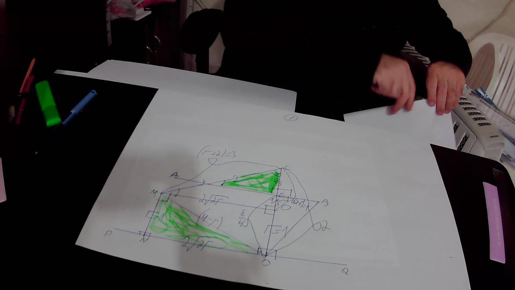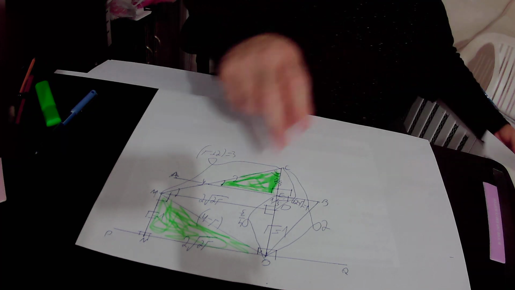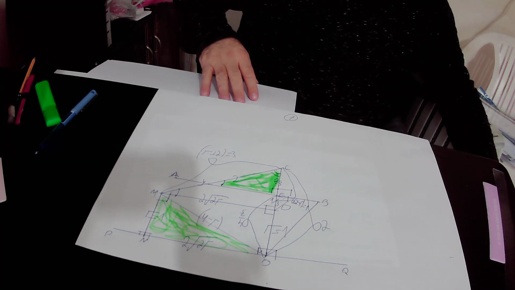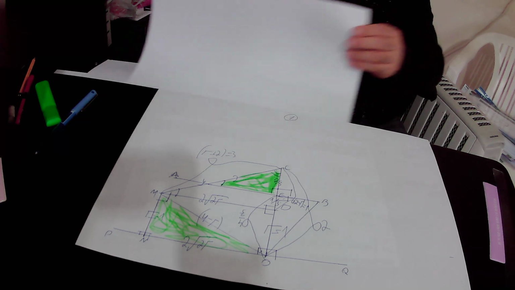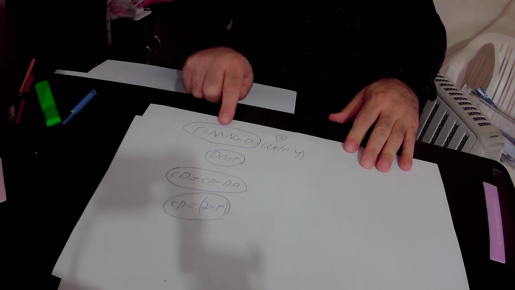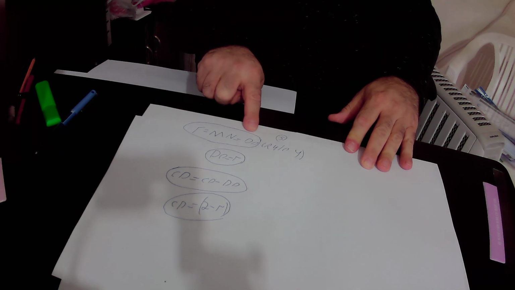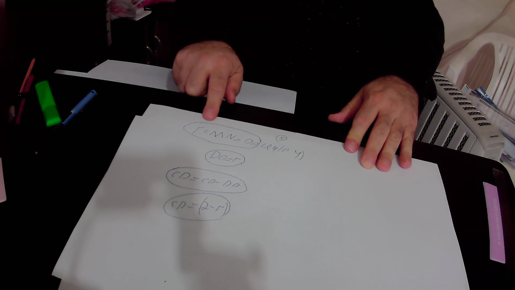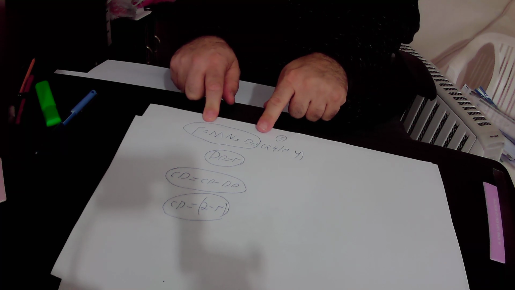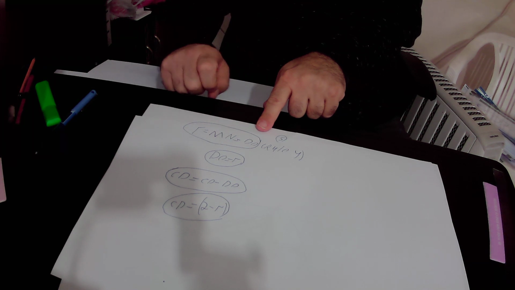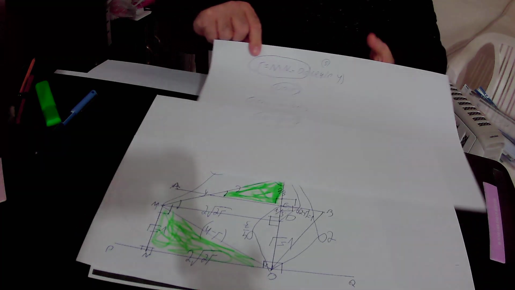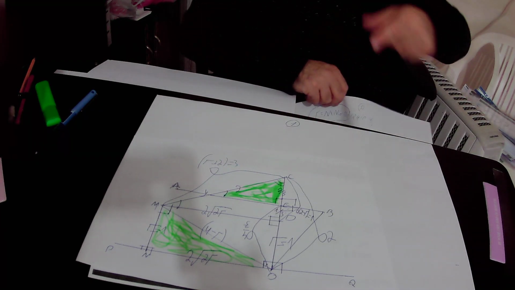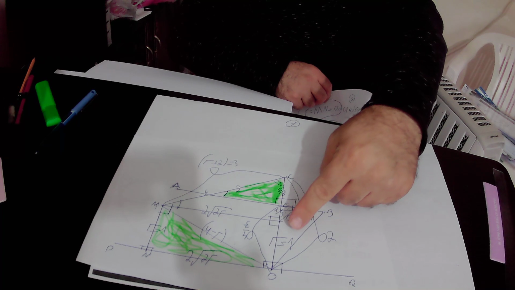Okay, so MN equals DO according to rule number 4, but we have already found out that MN equals R. So from this equality we conclude that DO also equals R. So we can write here that DO equals R,